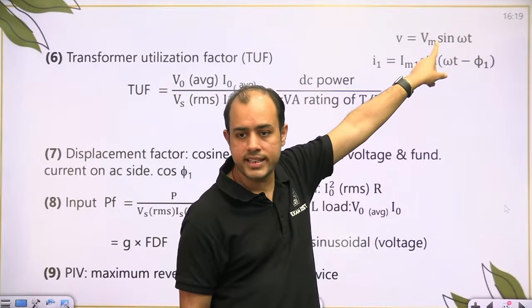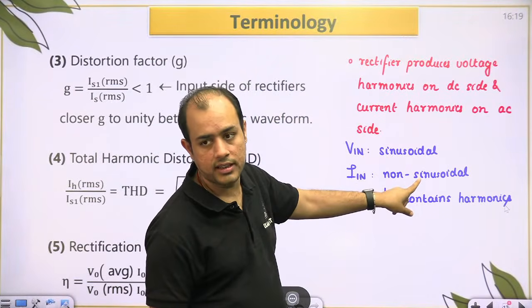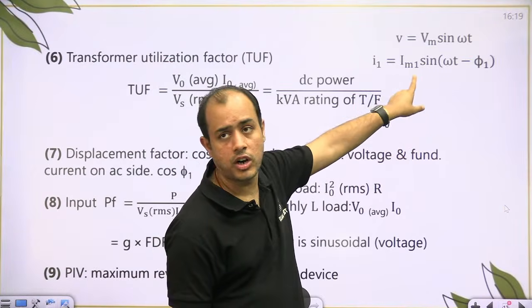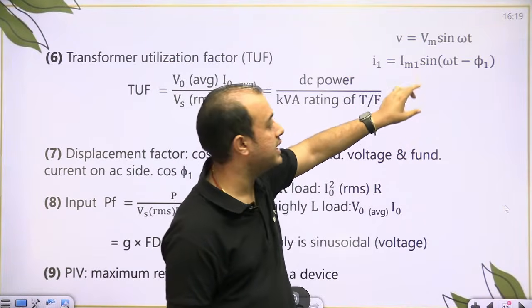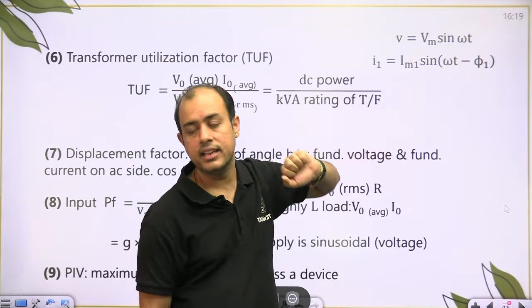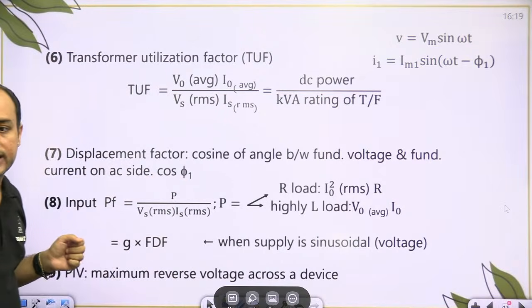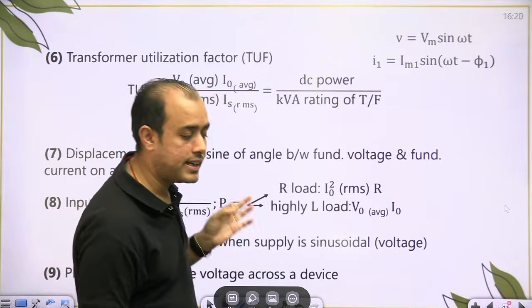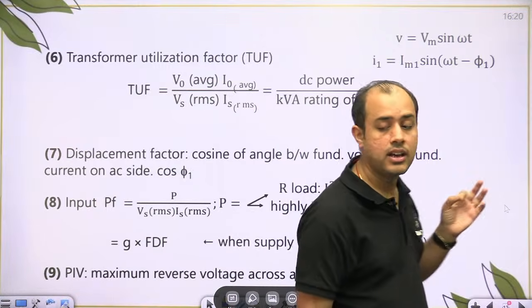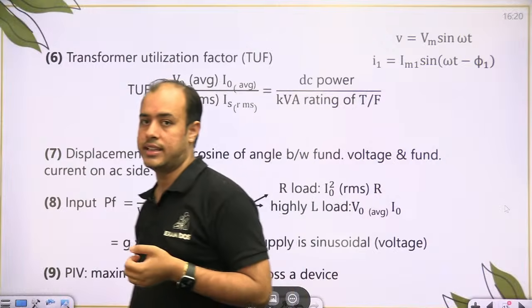So supply voltage is sinusoidal, I told you, but current is non-sinusoidal. So when you write the equation of the fundamental component of current, you observe the phase shift between V and I. So cos of that is the fundamental displacement factor. आप करंट का फंडामेंटल कंपोनेंट लिखते हैं और V और I1 के बीच का फेज शिफ्ट चेक करते हैं।